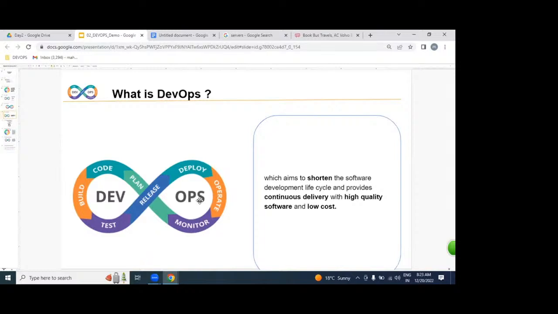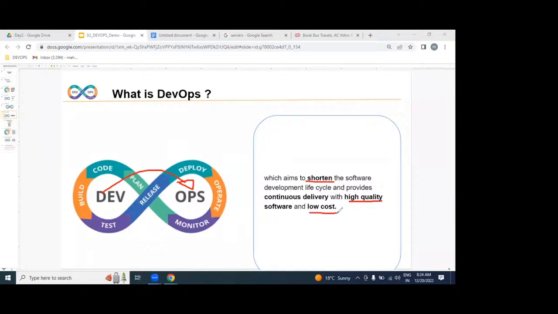But what exactly will happen? Developers write software, lines of code, using Java, .NET, Python, or not? That code we are going to place from the dev environment to the production environment. While delivering working software from the dev environment to the production environment, make sure you are delivering within the shortest time, with high quality, with low cost, is nothing but what?